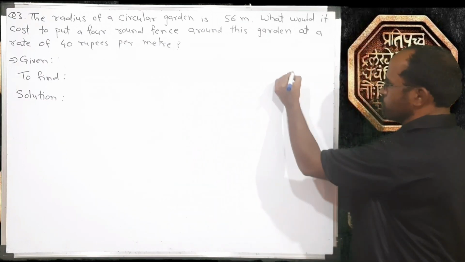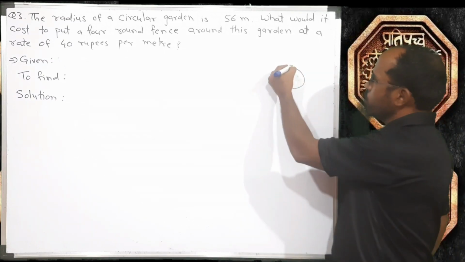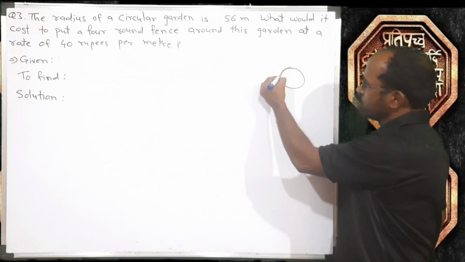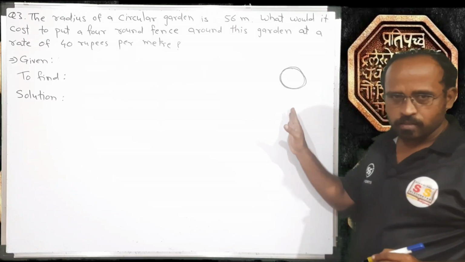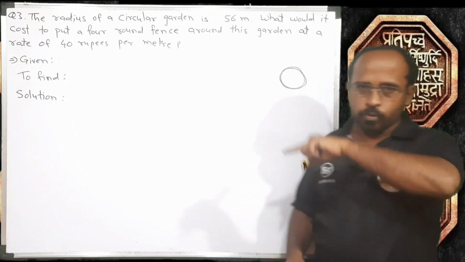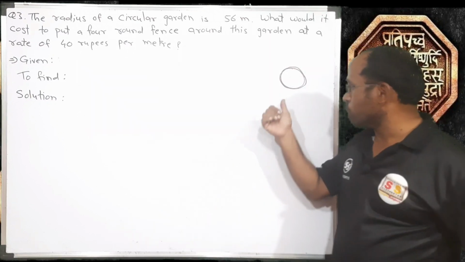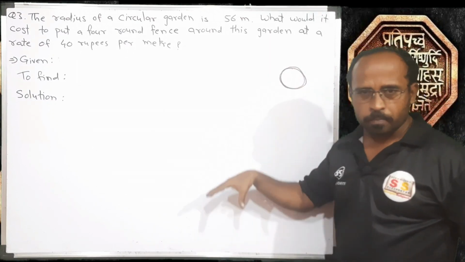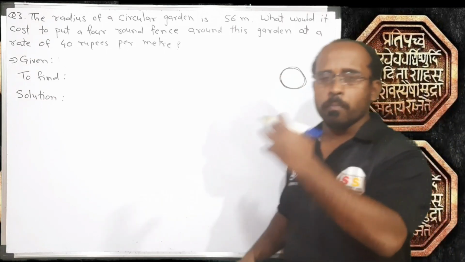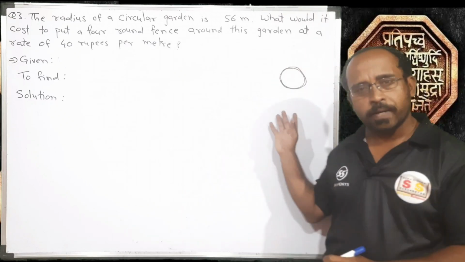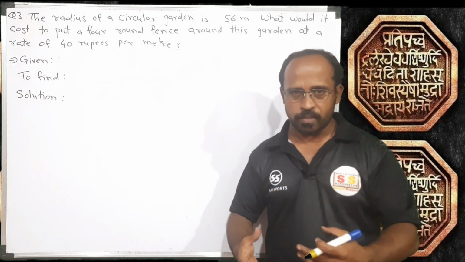If garden is circular, to put the fence around it, we have to cover the length which is equals to the length of this garden, means circumference of this garden. Okay, so we have to put a fence, but how? We have to put 4 round of fence. So 1 round is equals to circumference, and 4 round will be equals to that circumference multiplied by 4. Okay, so such fence we have to put around this garden. And what would be the cost of that fencing?